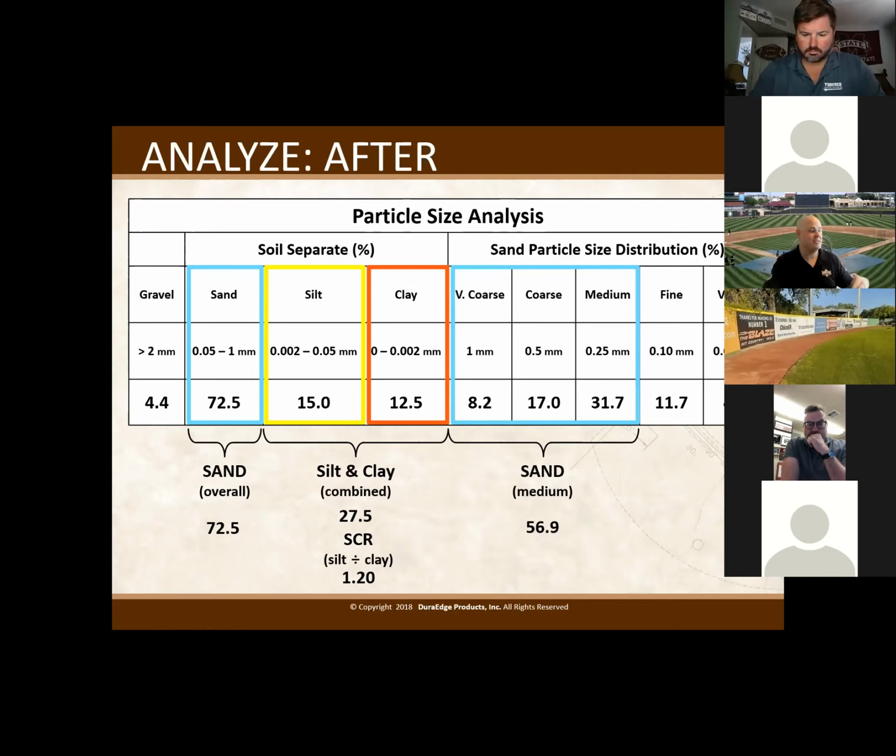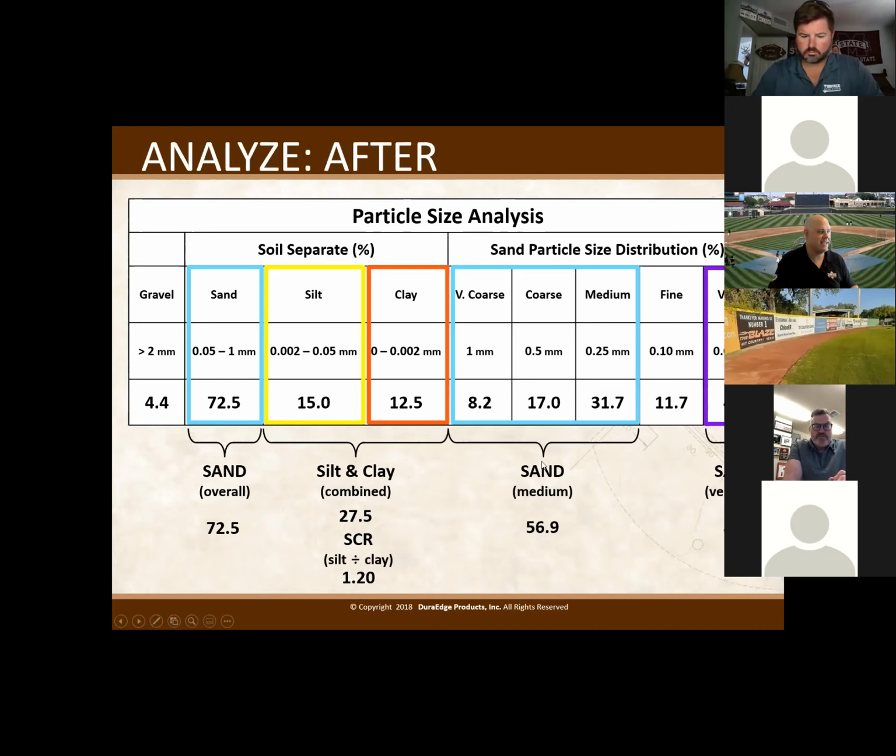So what would happen is next year, we would take this same soil test and we would make the next amendment until we found the perfect balance where we could continue to go out with the same material year after year. The very fine was, I believe, in the 16%, and this was driven down to 4% very fine.